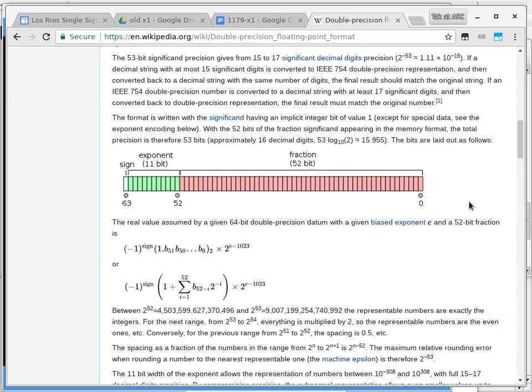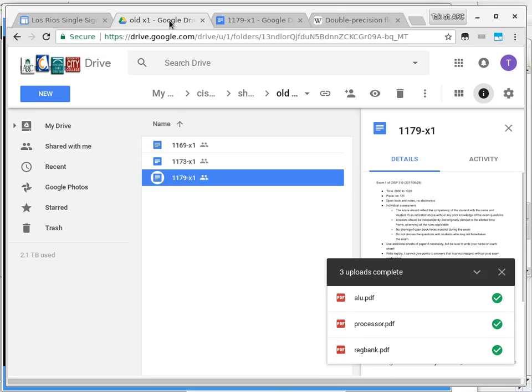Because it's open book, it's open notes. You can bring all that stuff with you. So are we doing okay so far with this? Cool? All right. So let me go to another question. Okay, so let's go to